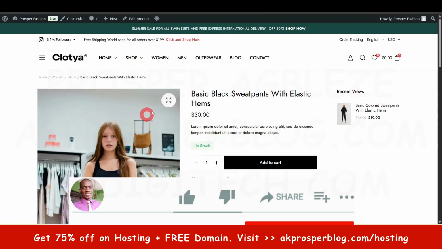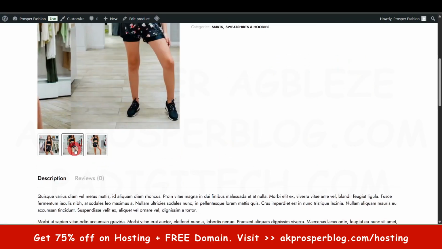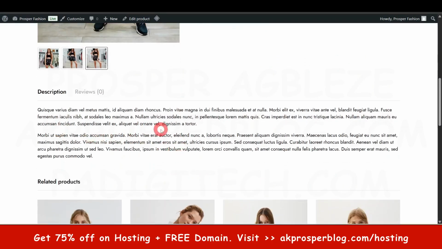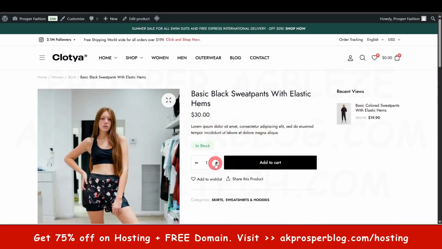So you can see this is the product we've just created. You can see this is the price right here. And this is the image we added as a product image. You can see the two other images that we added to make up the gallery image, the description, and then the short description. Okay, so you can see it's right here. Right. So now let me come back to